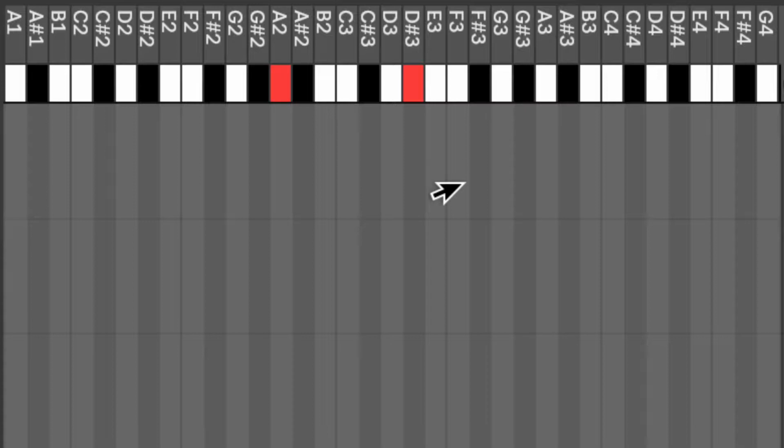Now, often people say, oh, you're playing a wrong note. Well, there are no wrong notes. This is the concept that I want you to take away from this video. Of all the notes on the piano keyboard, there are no wrong notes. There are just distances that sound